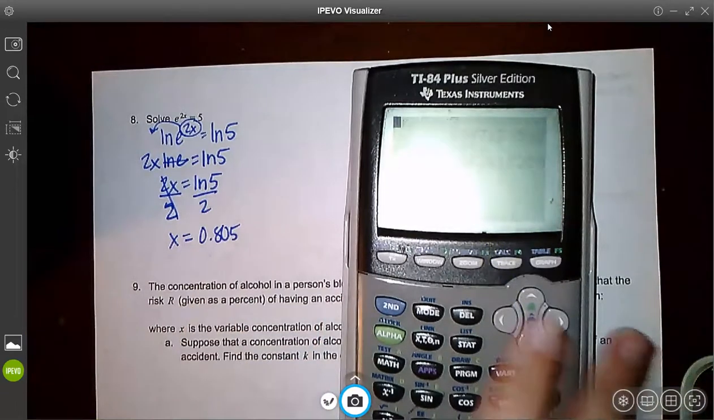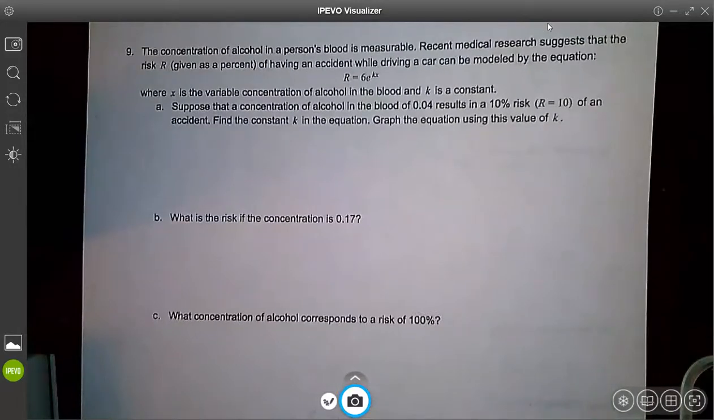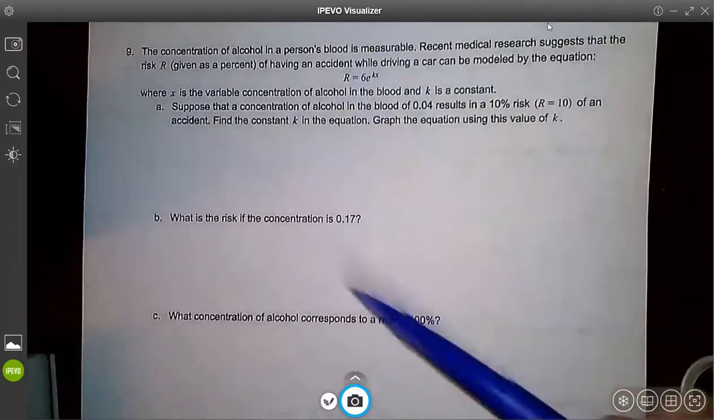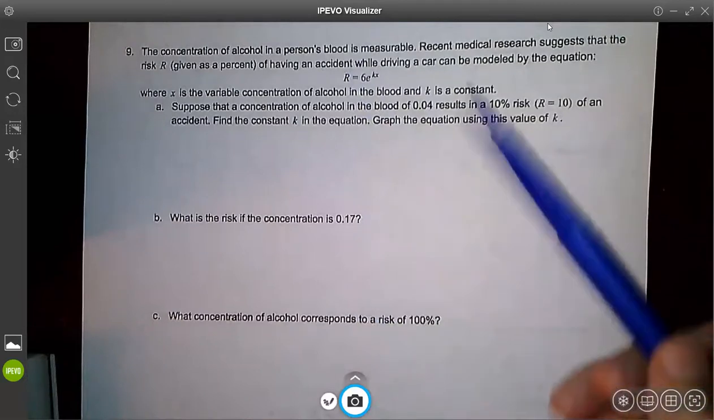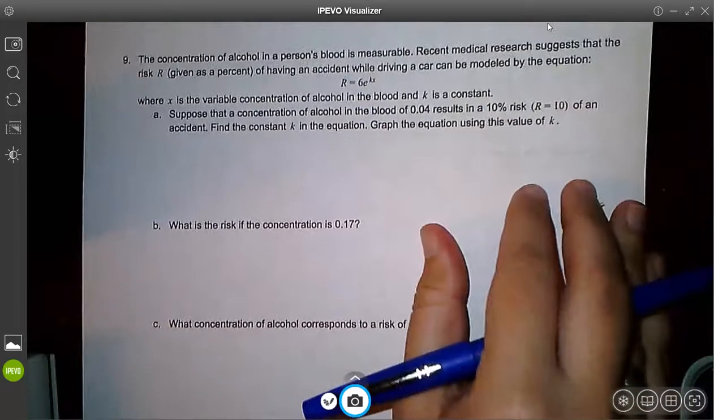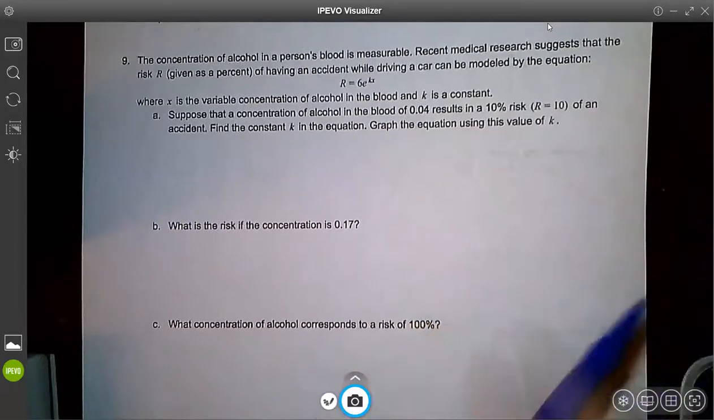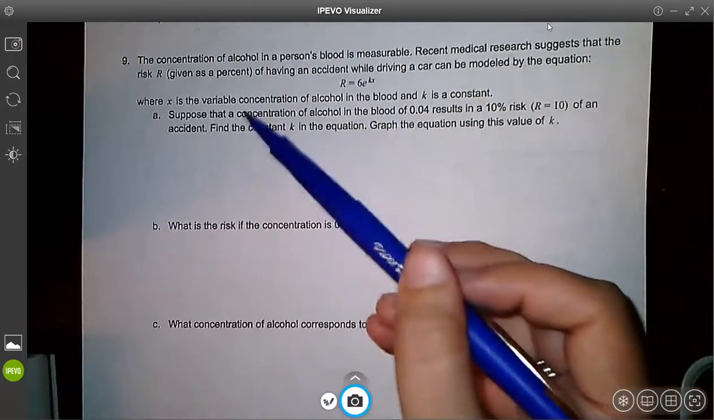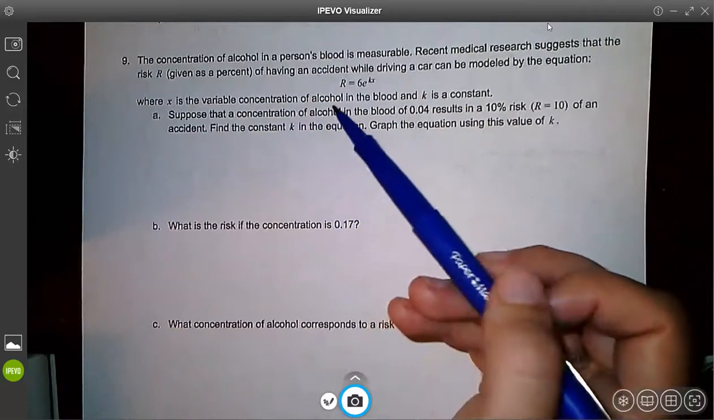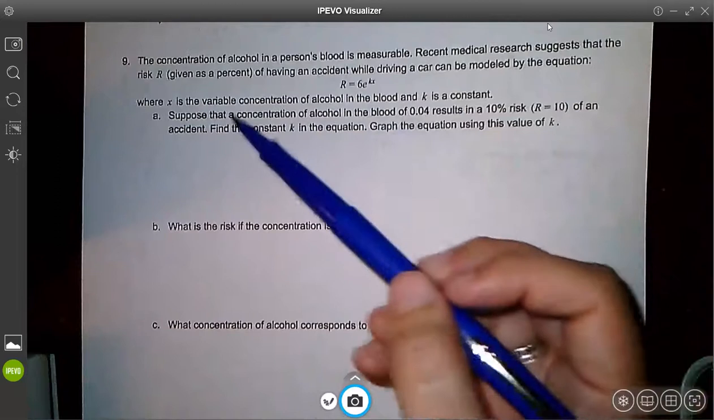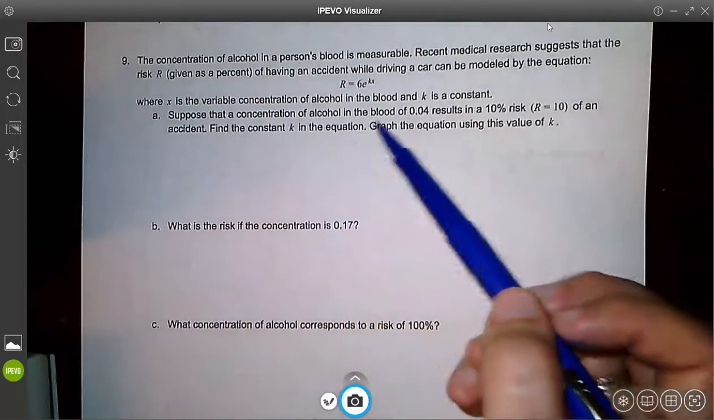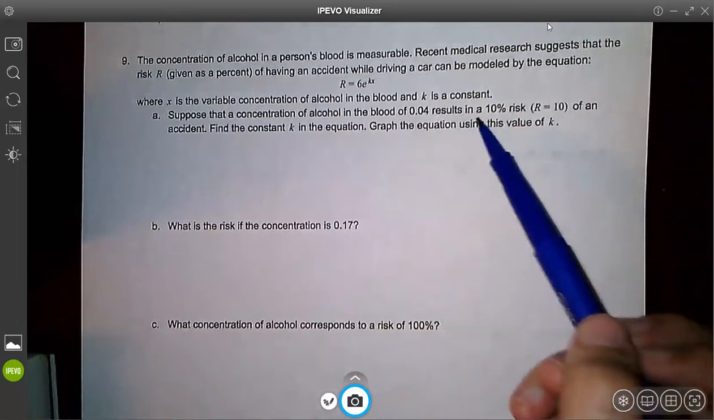So there we go. An application problem. This is very similar to the one we did yesterday with exponentials, but this time we're going to have our y value, so we're going to solve using logs. The concentration of alcohol in a person's blood is measurable. Recent medical research suggests that the risk of having an accident while driving a car can be modeled by R equals 6e to the kx, where R is your risk, and x is the variable concentration of alcohol in the blood. k is a constant. So suppose that the concentration of alcohol in the blood of 0.04 results in a 10%